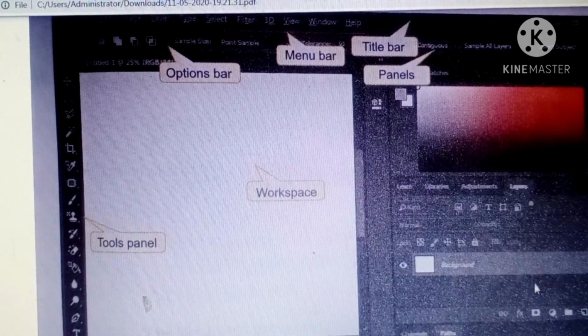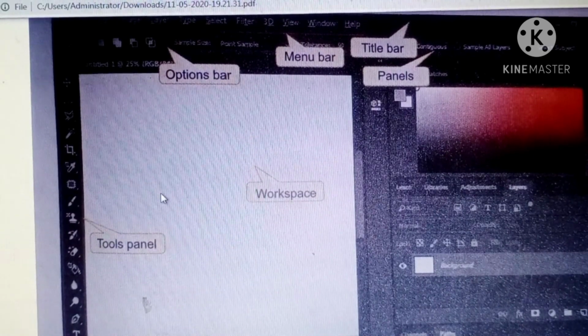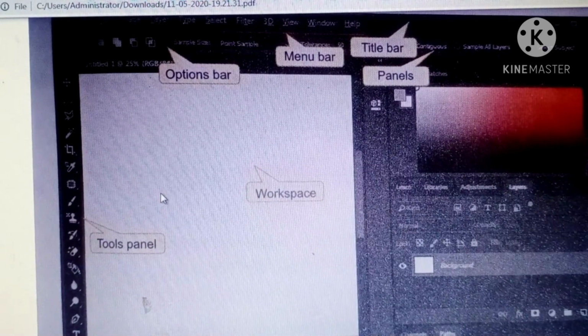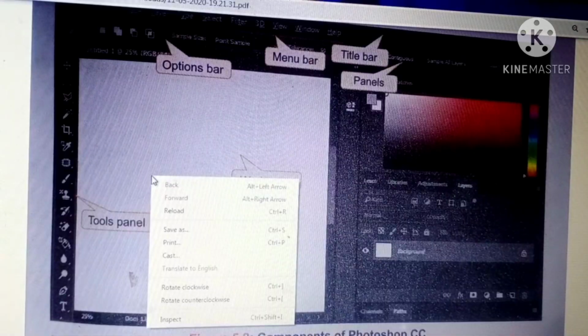Here your layers will be created. Suppose you have inserted 3 pictures, you can insert the 3 pictures as layers. If you want to combine all three pictures into one picture, then you will use them as layers, because if you are changing one layer, that will not affect the other layers. So it will be very easy and beneficial for us for editing a picture. So this is very helpful.